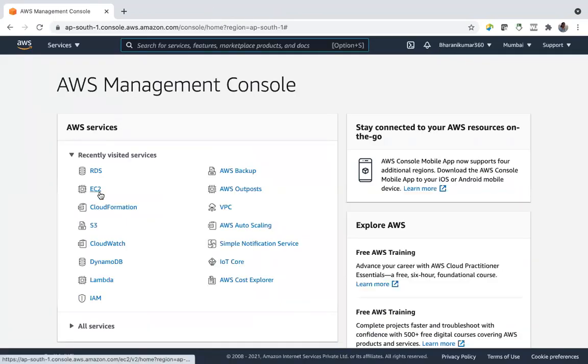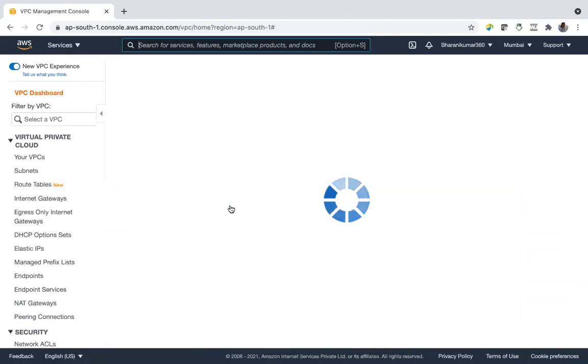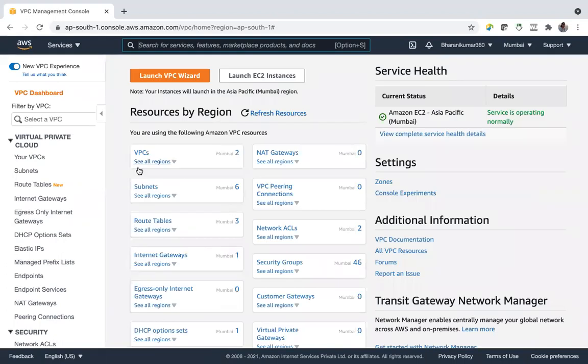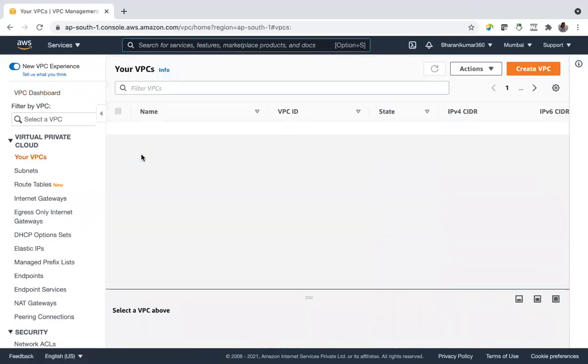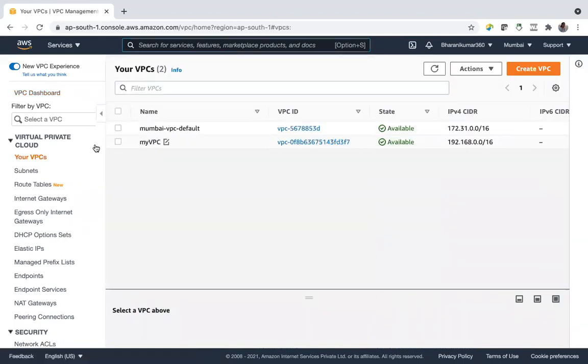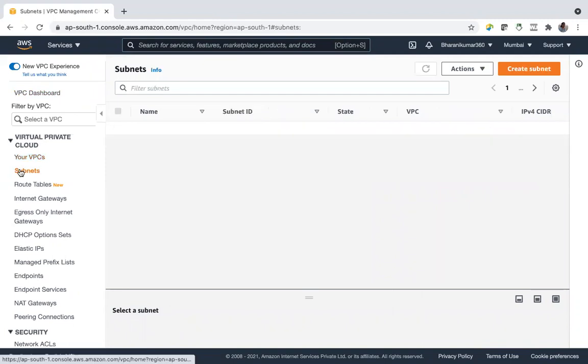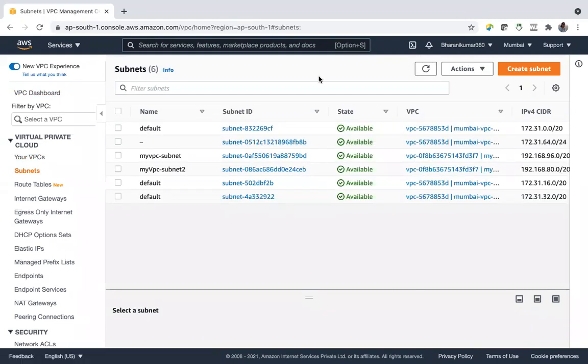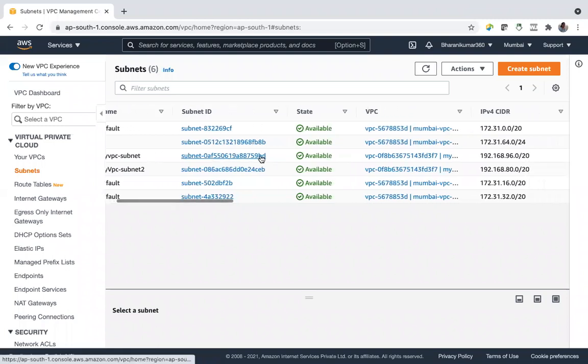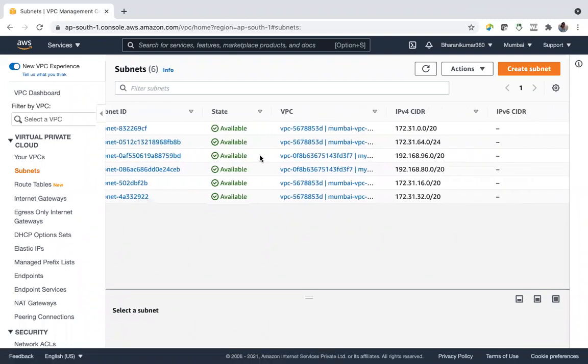Yes, we are talking about VPC. We have created one VPC and are adding subnets in it. I have removed those four subnets and added a new subnet just to try.